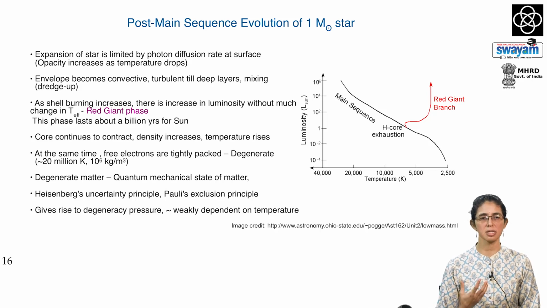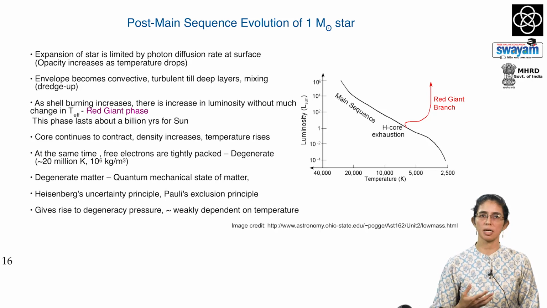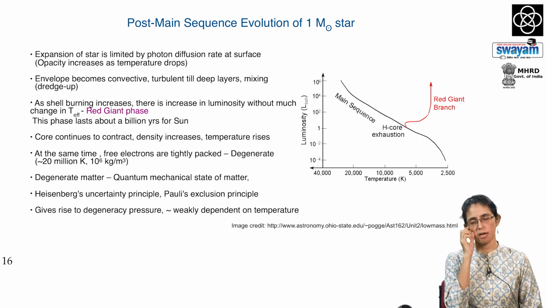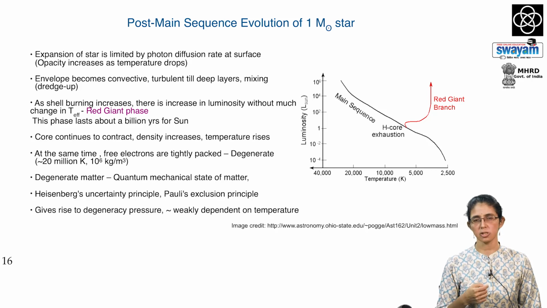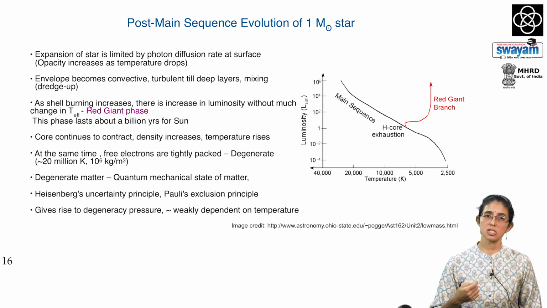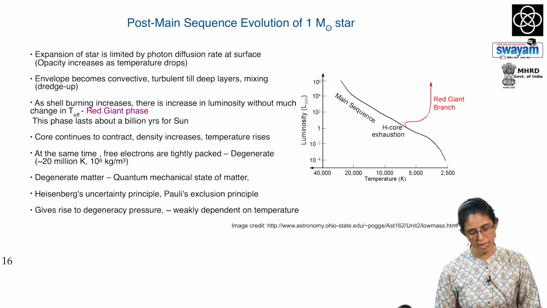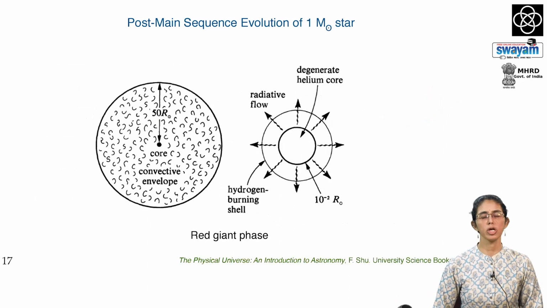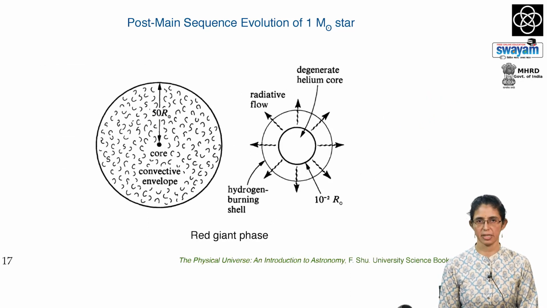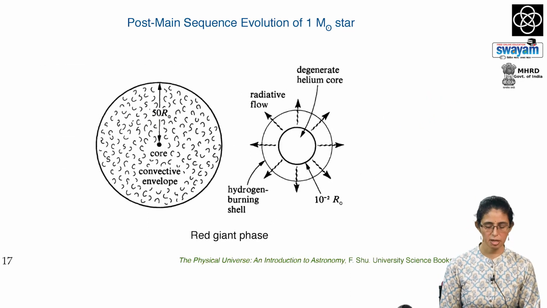So, when the matter is in a Maxwell-Boltzmann distribution, an ideal gas, as you increase the temperature, its velocities, the thermal motion, also increase. Consequently, there is higher thermal pressure. That is, the effect of the increase in temperature is also to increase the pressure. This effect is not seen in degenerate matter, where the quantum mechanical effects dominate. Before we go into understanding this degenerate matter and the further evolutionary stages,